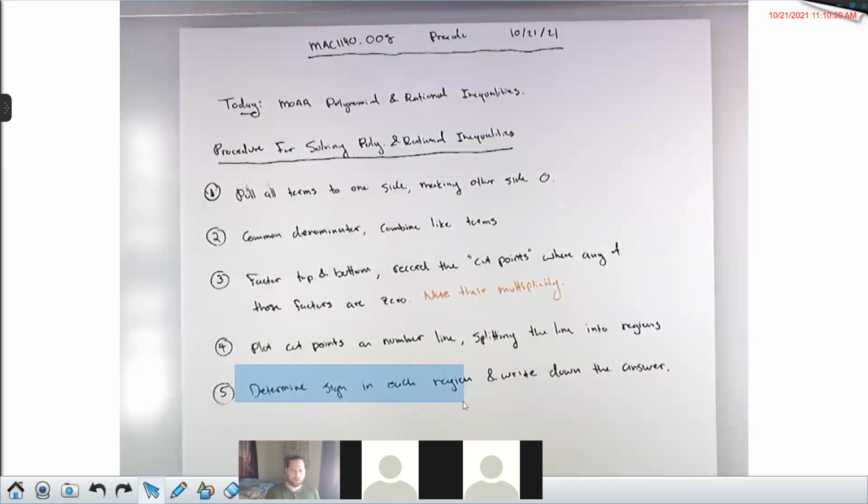And there's a bunch of ways to determine the signs. We actually did this at the beginning of the semester in section 1.8, and to determine the sign in each region there, you were using test points. And it is possible that for some of these problems, you may still want to test a point, but you should never have to test more than one point, because we know this stuff about multiplicities of factors now, and this is a huge time saver.